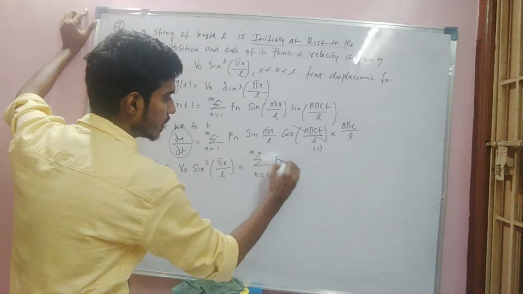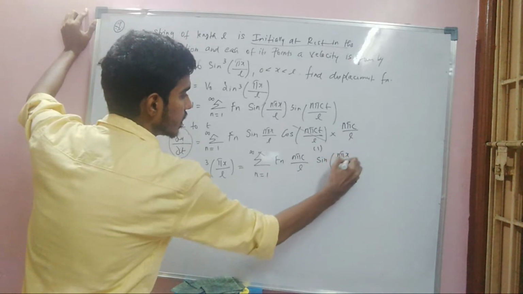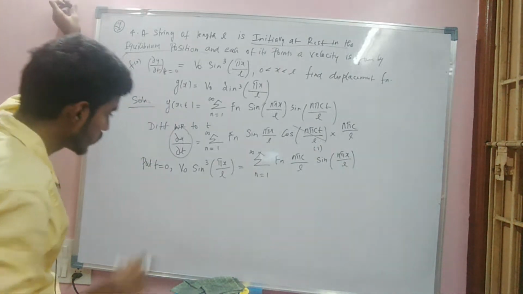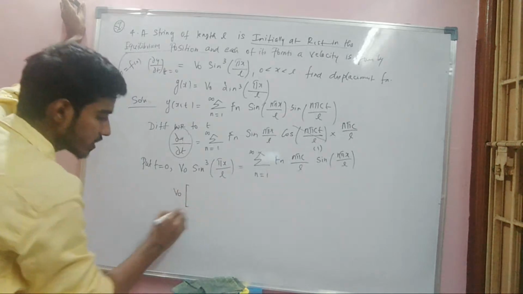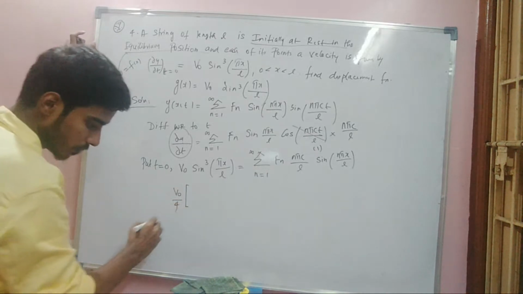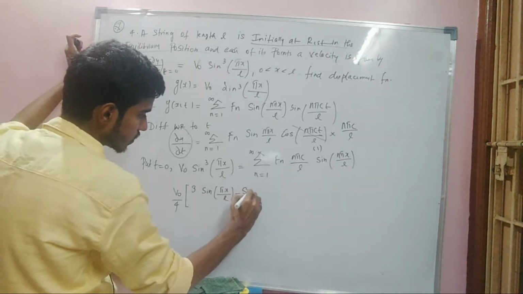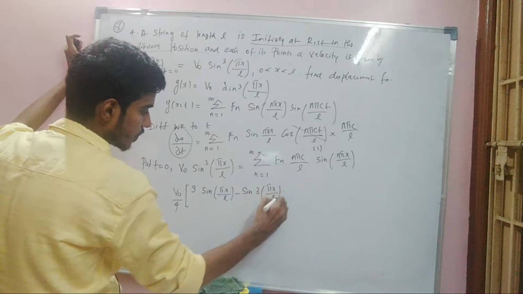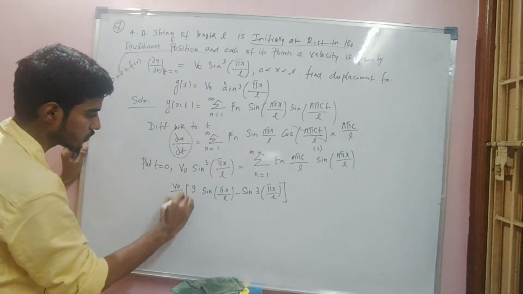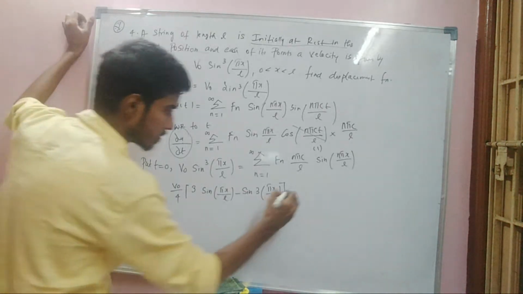So we will have Fn n pi c by L is constant into sine n pi x by L, right. So we reduce this equation to this, V naught. So this will be as it is. So what is our sine cube x formula? It is 3 sin x minus sine 3x by 4. So if I use this formula, we have V naught by 4, 3 sin pi x by L minus sine 3 pi x by L, right. So I have taken the 4 outside. So we have V naught by 4. So sine cube x is 3 sin x minus sine 3x by 4. So taken 4 outside, and this is equal to